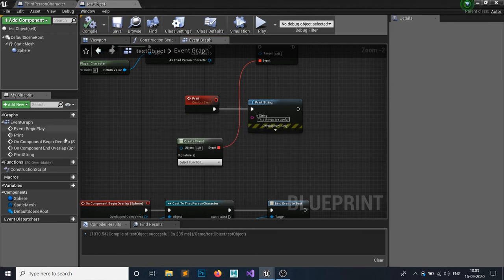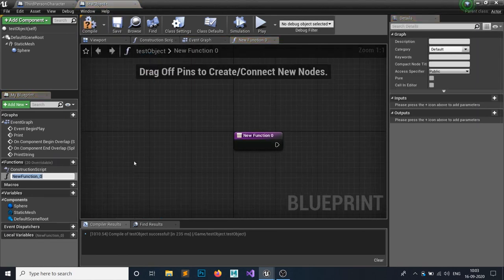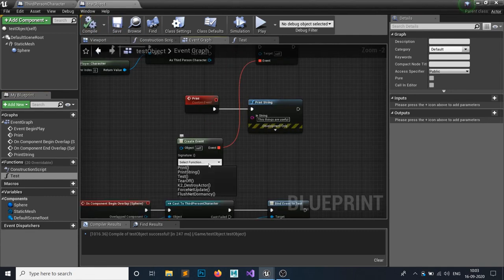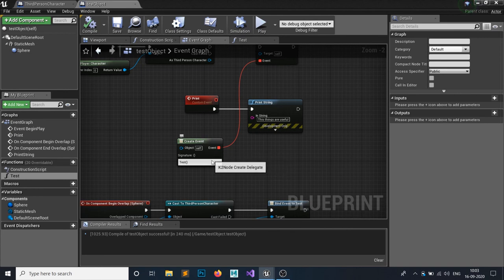And let's say if you want to create a function and call it, so I'm gonna call it test. Hit compile and save. And if you see, you're gonna see a test function inside here. So the function is gonna call this one. So if you want to call the function, this is our function. So this is how you can use event dispatcher, and this is very handy because you want to learn that first. It is very useful, and I want to clear some things.